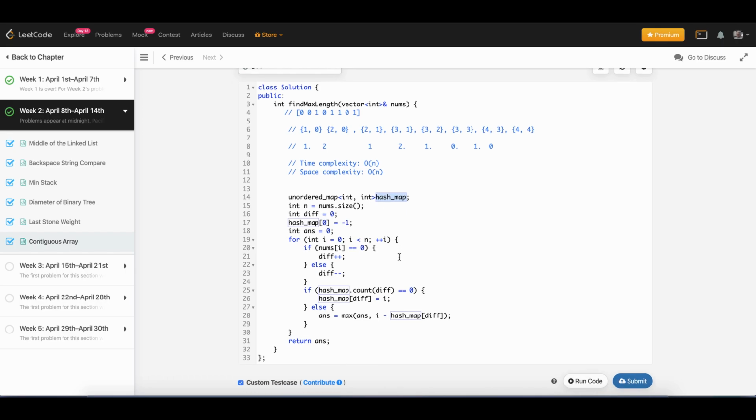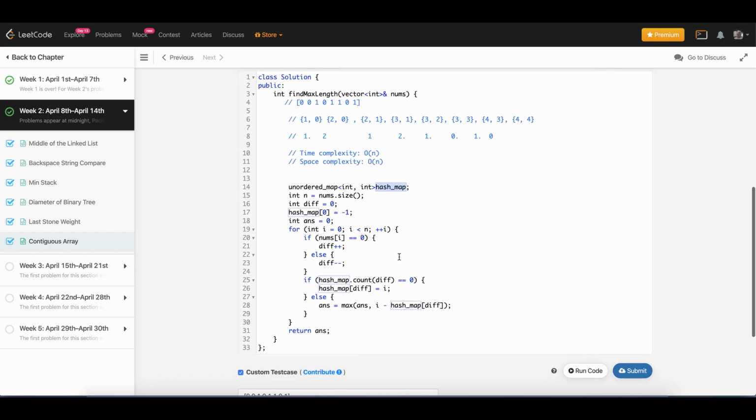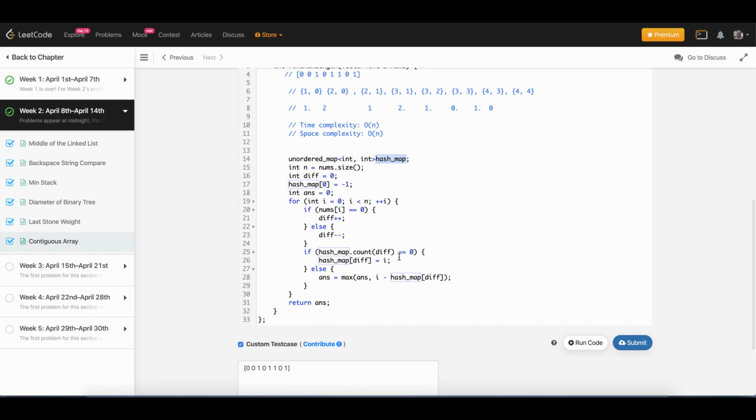Yes, this is my solution to the problem. Maybe there could be a more optimized solution in the sense of space complexity, and yes, if you have any solutions which are more optimized than this in terms of space complexity,